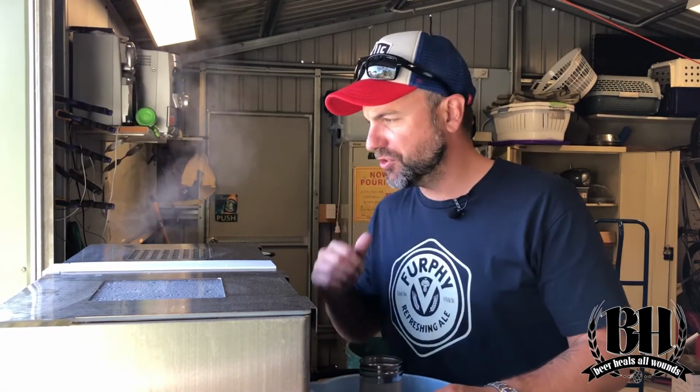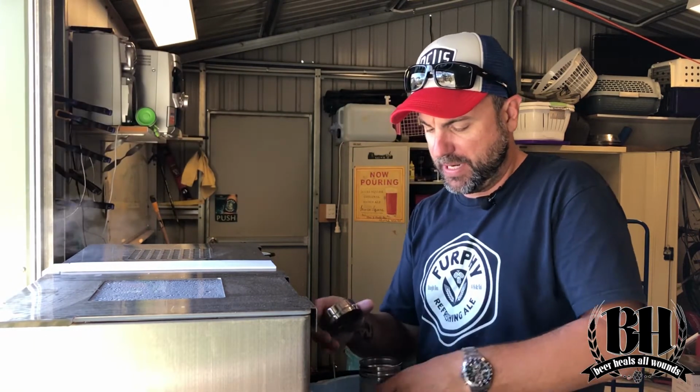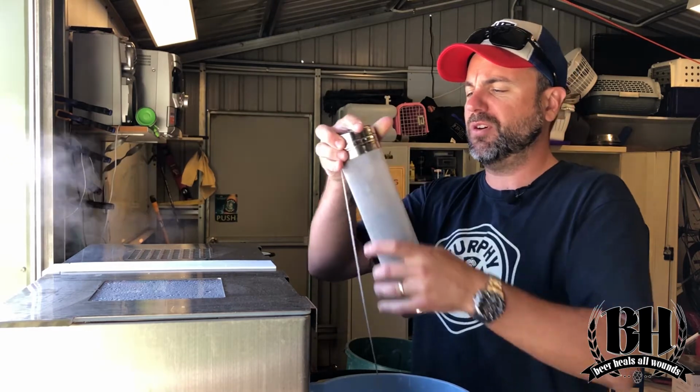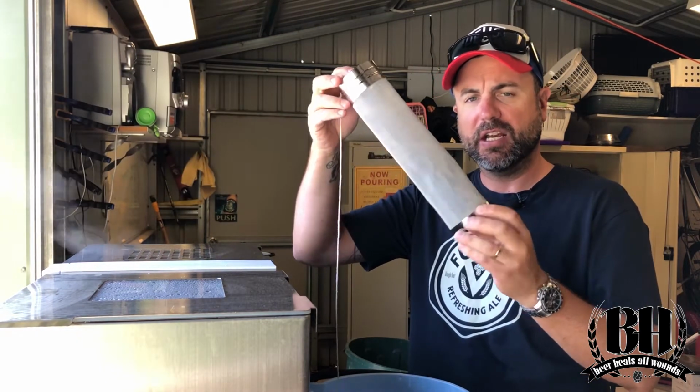So you can see all the beautiful steam coming off Brewie right now as it's finishing its boil process. Everything has gone really well today. What I'm now preparing is my flame out hops. I like to use this little stainless steel mesh container here to do flame out hops, and